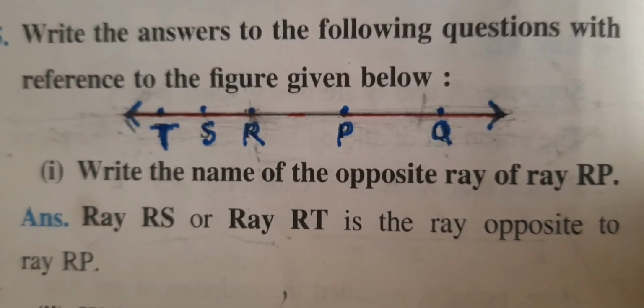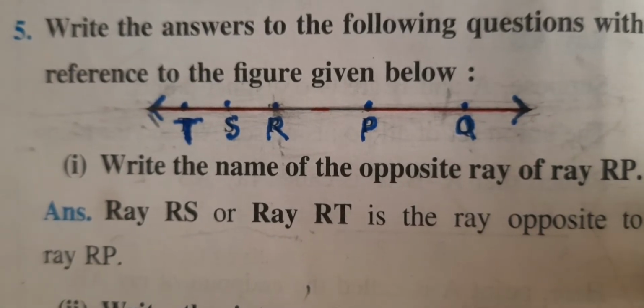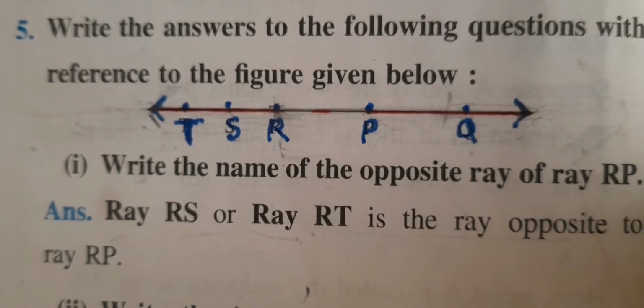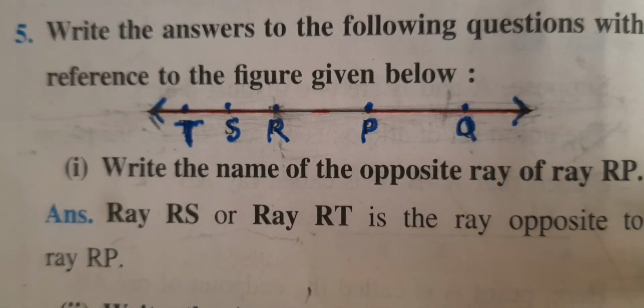Last time I explained to you from Maths 2 of Standard 9, exercise 1.2, sums numbers 1 to 4. We have to still do sum number 5 and 6. Now these two sums, you'll understand better when you learn the concept of opposite rays, union, intersection and subset from your algebra portion of chapter 1.